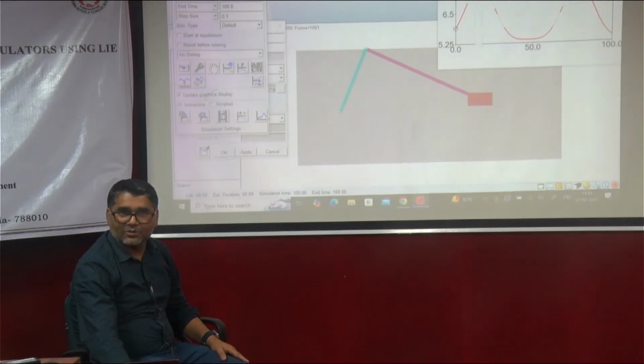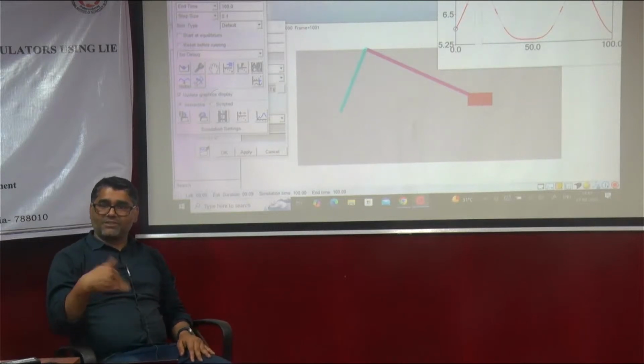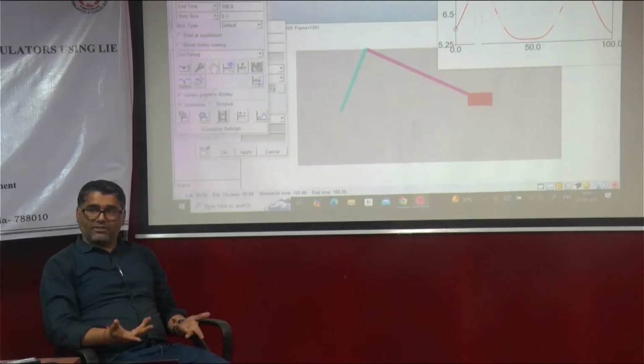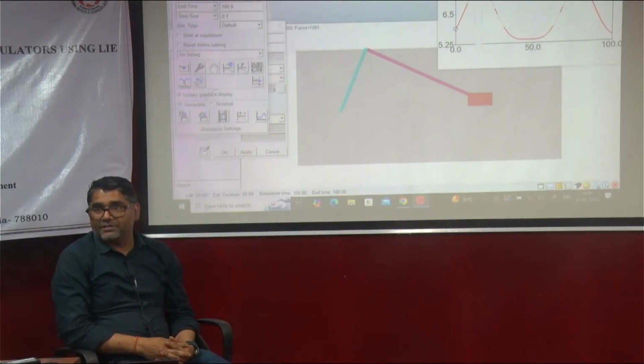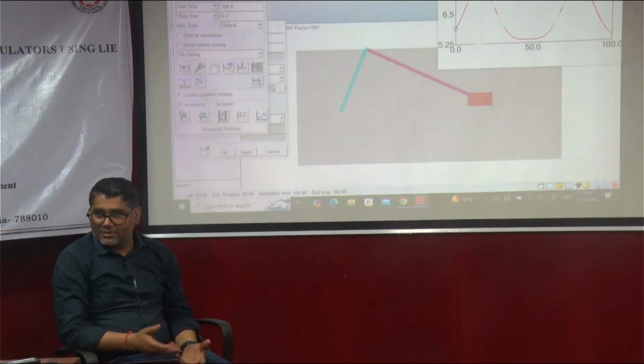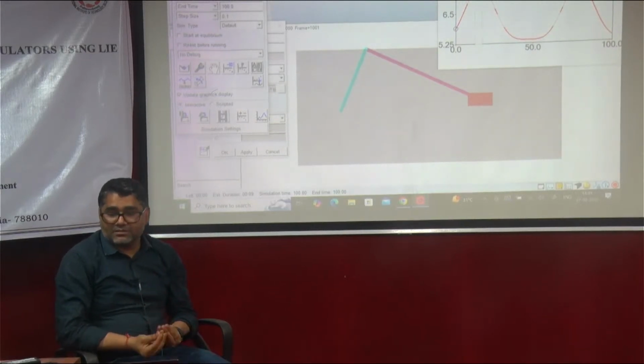Okay. So this is the rotation which is happening in the joint. Accordingly, you can give a specification for your joint. This is a very good software for doing this kind of job. Now you want to track the motion,